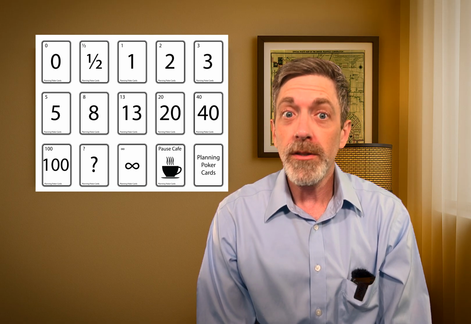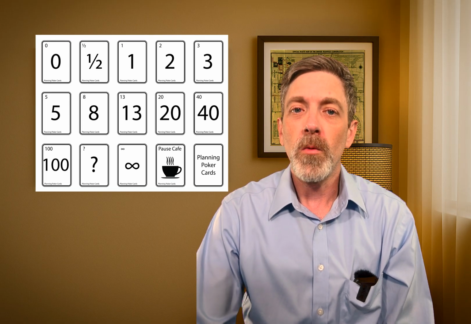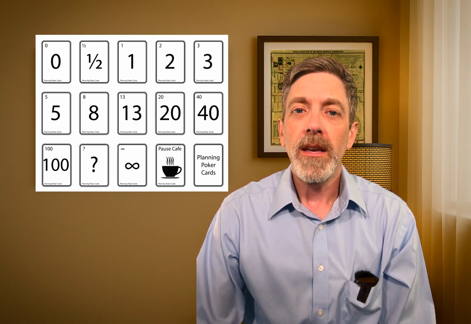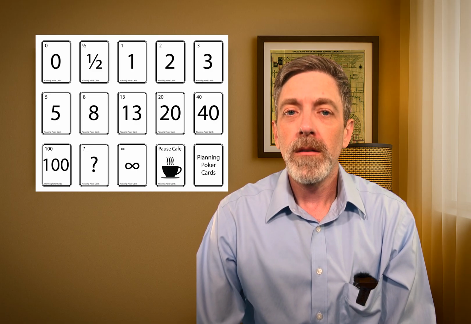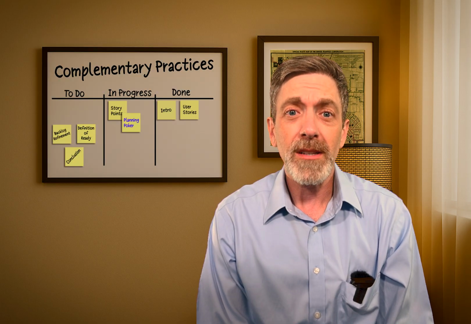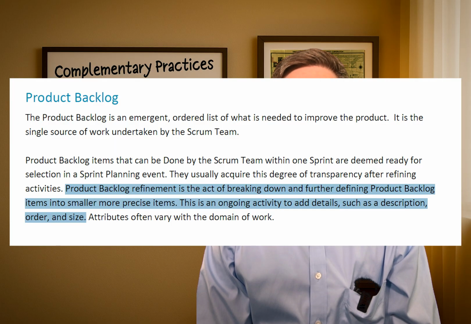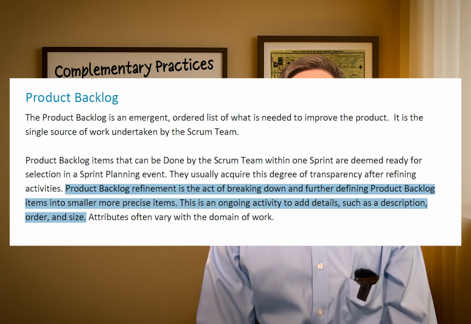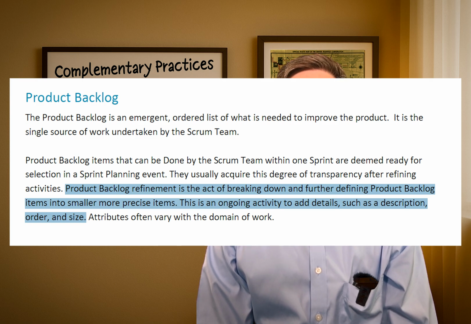There is a relation to hours there. If something is more complex, it may take you longer to figure that out, but that's not necessarily true. There are other ways that you can go about estimating your backlog that aren't story points. Scrum doesn't care. Let's talk about backlog refinement, formerly known as backlog grooming, although that term has fallen out of